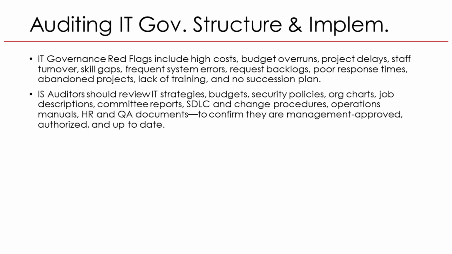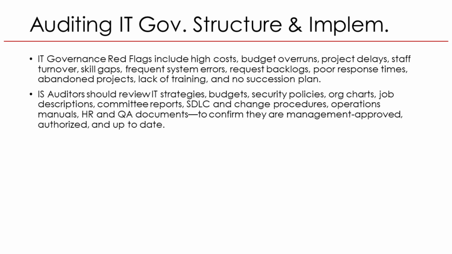Example: in a bank or insurance company, if projects are always delayed and IT staff keep leaving, it could mean governance committees are not reviewing performance or approving resources effectively. To assess governance maturity, the information system auditor should review key documents such as IT strategies, plans, and budgets to check alignment with business goals, security policies, organizational charts, and job descriptions to ensure roles and accountability are clearly defined,